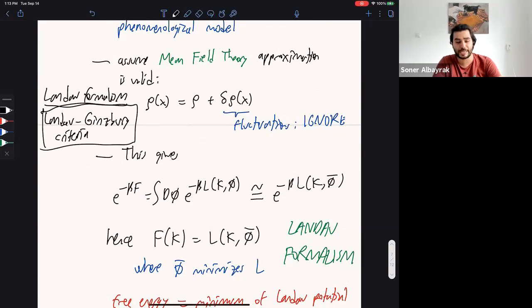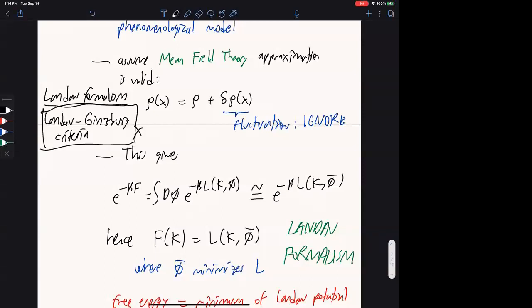So the Landau-Ginzburg criterion determines whether you can do that or not. You start with the assumption, have a formalism, compute the fluctuations, compute their importance, and that gives you this criterion whether they are important or not. If you find them to be unimportant, then everything is consistent. If you find them to be important, that means your initial assumption was incorrect, so you need to start over. But in fact, this whole thing can be derived from dimensional analysis, which we will hopefully talk about. And all of these are in my notes, by the way, including dimensional analysis. And this is highly related to renormalizability